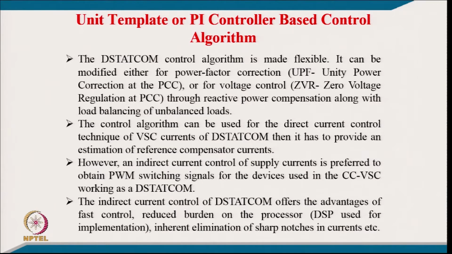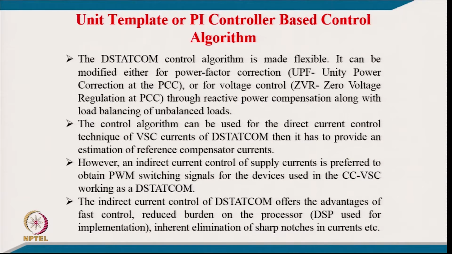So, it means with the help of reactive power, you can achieve either power factor correction to unity or zero voltage regulation. So, the control algorithm should be modified accordingly. We would like to discuss what modifications are required, typically for some algorithm, and for other algorithms you can do it in